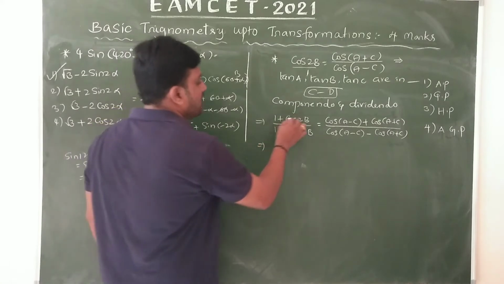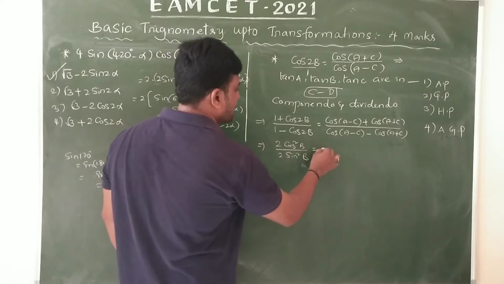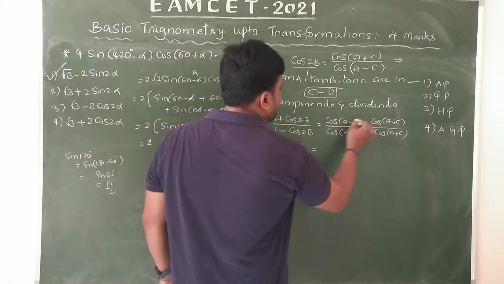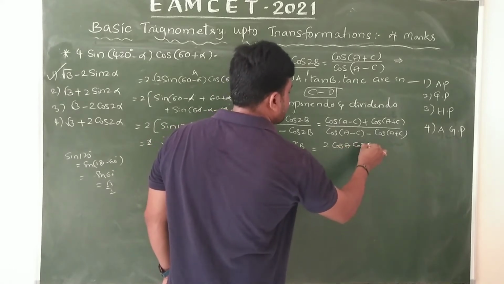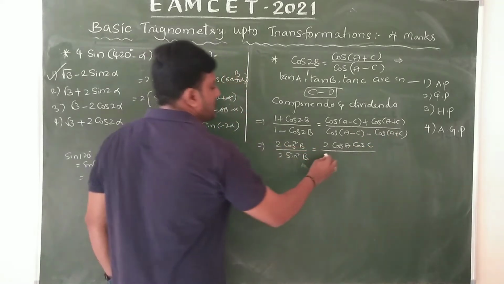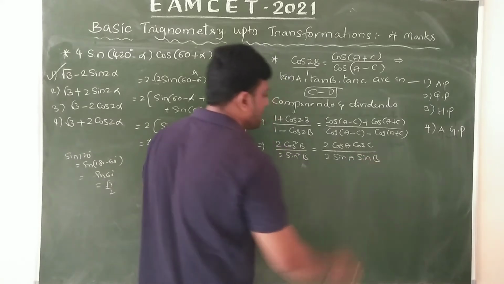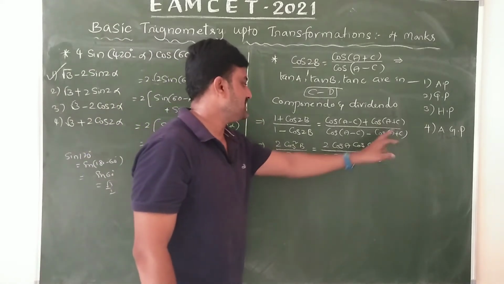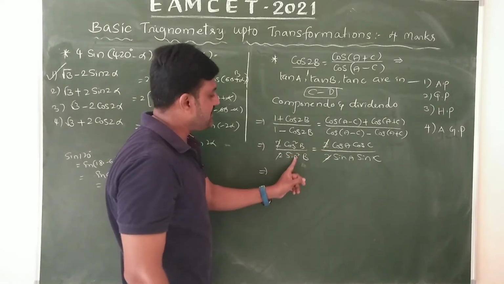Okay, now clearly we know it is a formula: 2 cos square B by 2 sin square B. Yes or no? Then it is a formula, already we discussed this. For cos plus cos formula, we have 2 cos A cos C, by here minus, but here A minus C, A plus C. Now exactly like the formula 2 sin A sin B without minus. B means C, the formula is 2 sin A sin B, now it is C. Okay, now 2 gets cancelled, 2 gets cancelled, cos square B by sin square B.